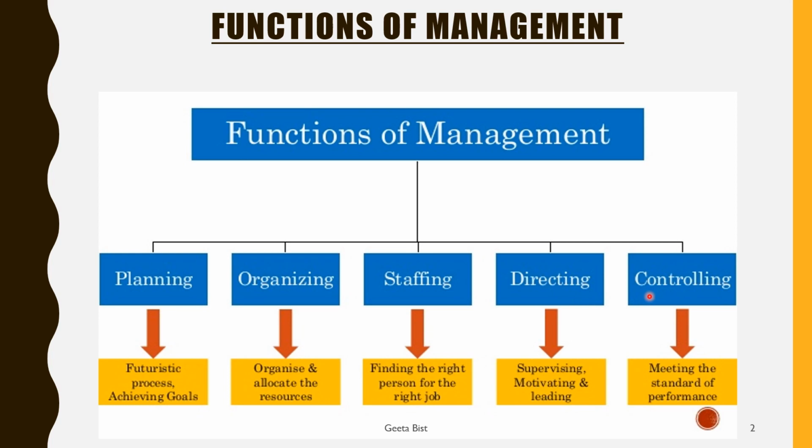And the next function of management is controlling, which ensures that whatever we do through directing with regard to the plans which are already set, and the resources available, and the people who have joined you as human resource through staffing, all these activities are moving ahead in conformation with the plan as set in the first function, that is planning. So controlling focuses on meeting the standard of performance that you have already decided while planning, to ensure that you achieve your goals effectively and efficiently.